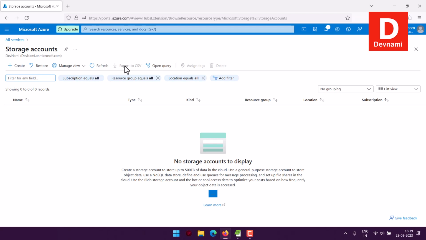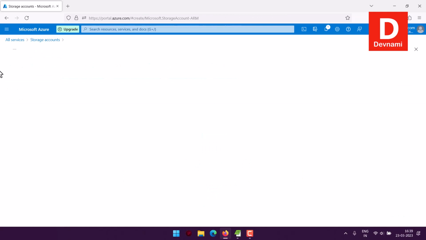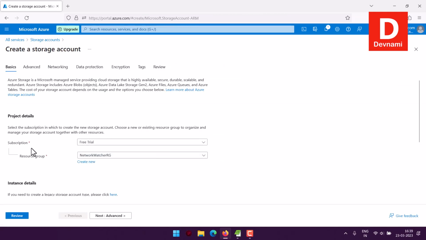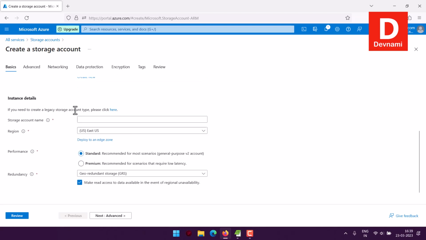So we have this dashboard here for storage account. I can click on create, right? Considering I don't have any functional storage account to show you, I will start from scratch. Now here you see the project details where you have subscription, then resource group, then there is instance details, right, where you have to name your storage, right? So let's name this